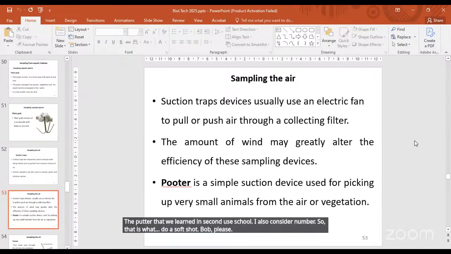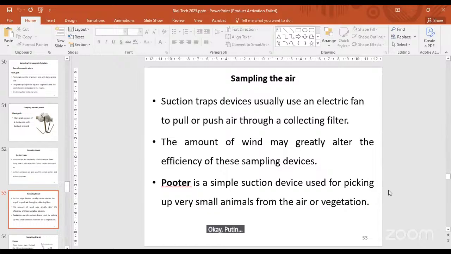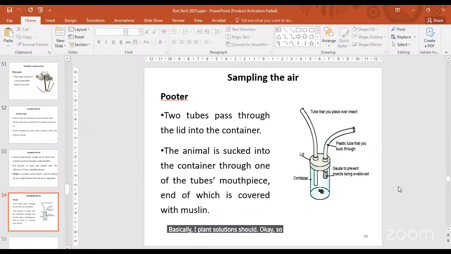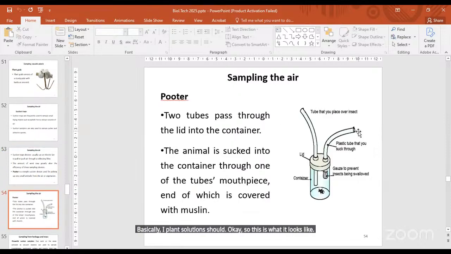Okay, a putter is a simple suction device for picking up small flying insects from the air or from vegetation. Vegetation are plant leaves and plant shoots. Okay, so this is what it looks like. This is the mouthpiece through which air is drawn in. Don't forget that's a container